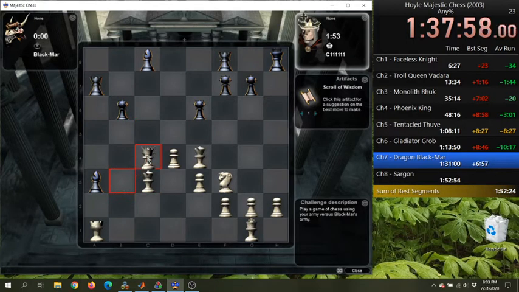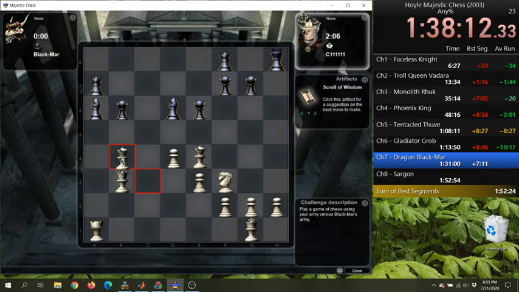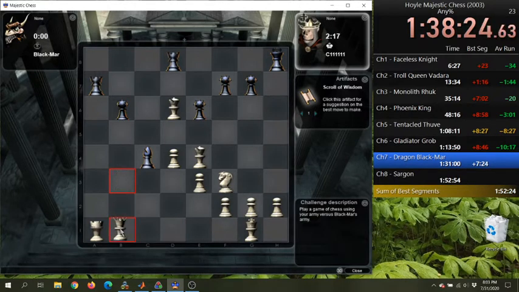Do love to see that. Trade down into an end game.